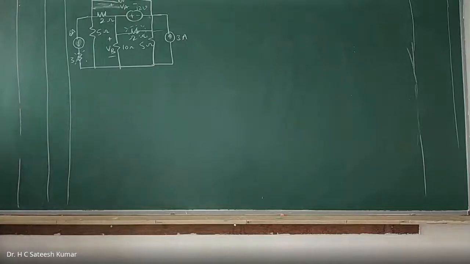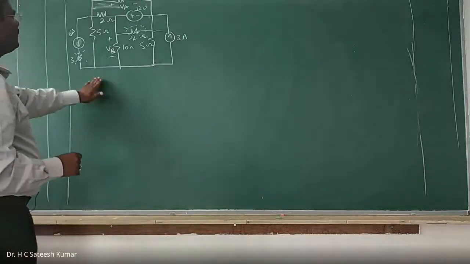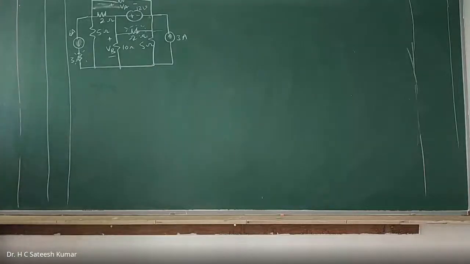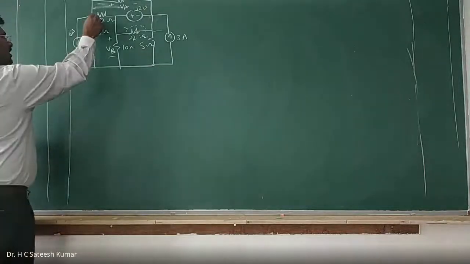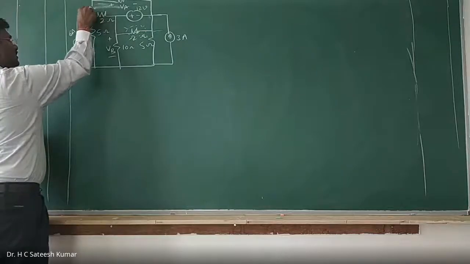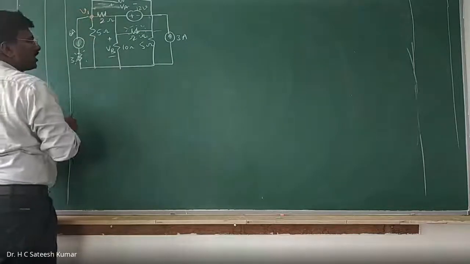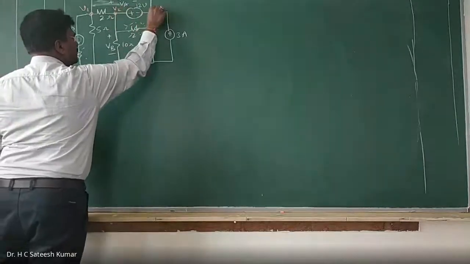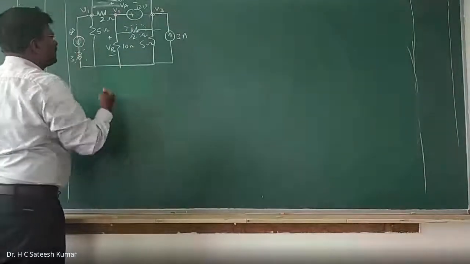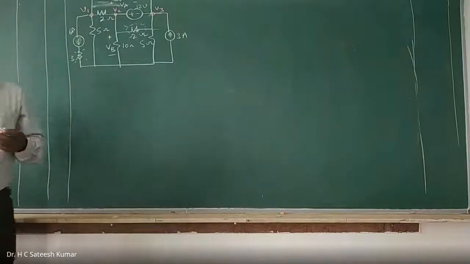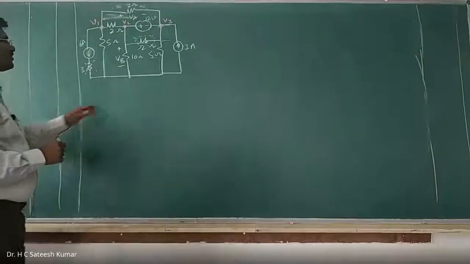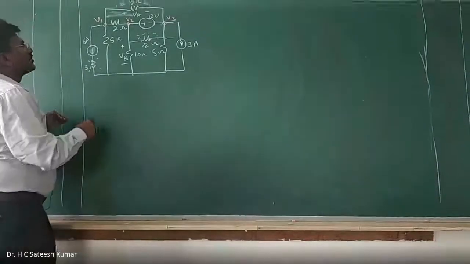If that is the case, go for the analysis of this problem. So what should we do? Identify the principal nodes first. Here there is a voltage source. Node 1, you call it V1. This one will become V2. First you find out the node voltages. Later we can go for VA and VB. In the initial stage itself, don't try that. Now what you should do? Go for node 1.